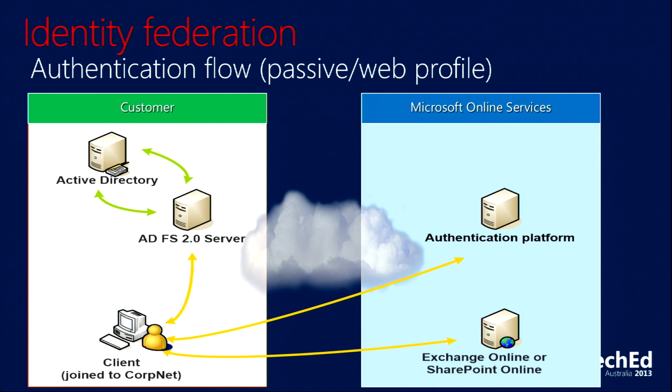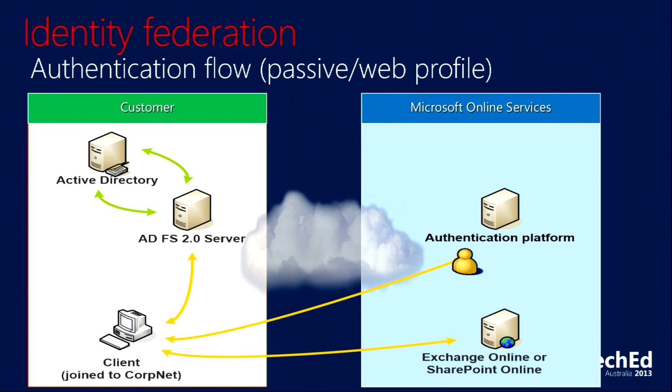Okay, what I'm going to do quickly is take you through a few authentication options. And the first one is if we're going to have federation set up, this is what it's going to look like when we're authenticating against any websites or to Exchange Online or SharePoint Online. So the first thing that's going to happen is our client who's sitting there is going to try to access an Office 365 service. The service is going to tell the client that it needs a service ticket signed by the authentication platform. So go back to your authentication platform and get a ticket from there. So the client's going to go out to the authentication platform now asking for that service ticket.